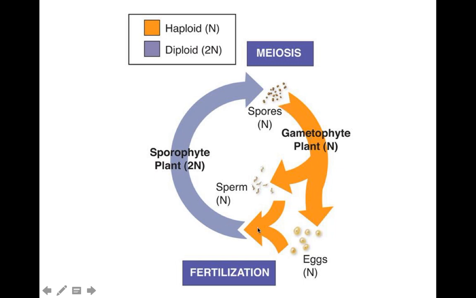So in orange, that's the haploid component, and everything that you see there has an N beside it because the cells involved in this part only have half the normal amount of DNA, right? Only 1 set. And then in the diploid phase, which is in blue, you can see that 2N is used because the cells involved in this phase have 2 sets of DNA. Okay,